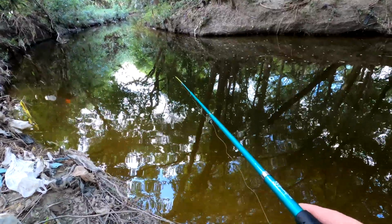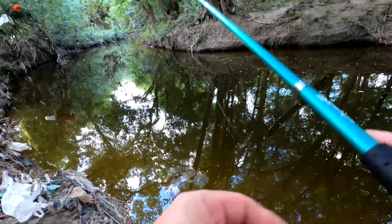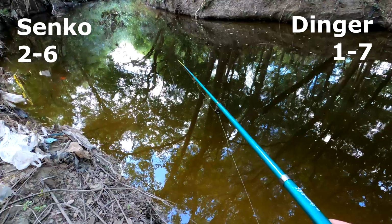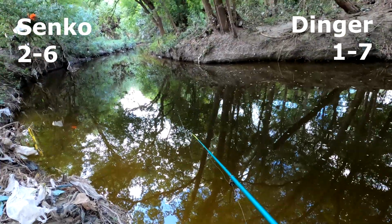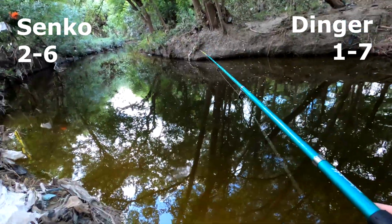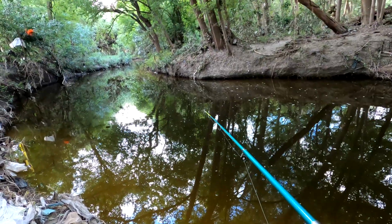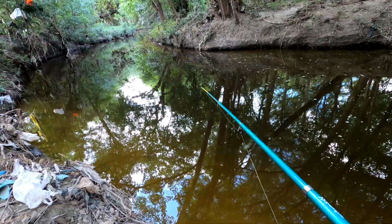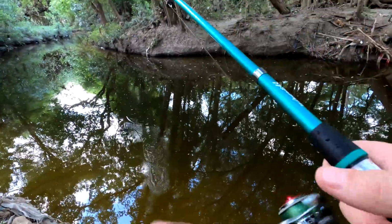There's another bite. It's number 7. I think he let it go already though. What? Something picked it up and ran with it, but he never had the hook. So I don't know if I should count that or not, but it was a bite. 7. Unless I can get another bite on the same retrieve, then I won't count it. This 1 retrieve will count. If I get 2 bites on it, it'll only count for 1. Yep. 7 bites on the